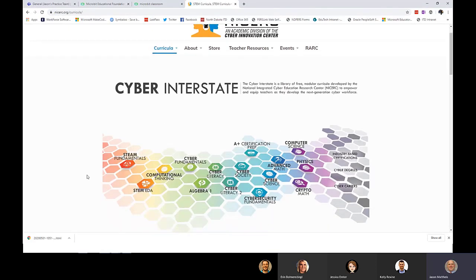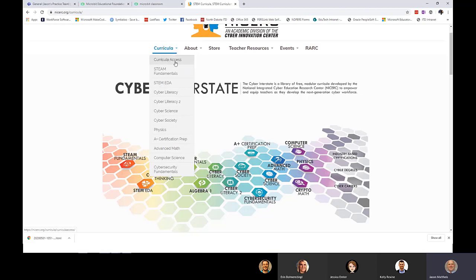All right, they've got a bunch of different classes starting with STEAM fundamentals, which is elementary grades, all the way up to some computer science, physics, crypto, math, which is high-level high school stuff. But they do have one course called Cyber Fundamentals that focuses specifically on the MicroBit, but it does have MakeCode included with it. Right, so if you want to get access to the NICERC curriculum, if you hover over curricula on their homepage and click on curricula access,